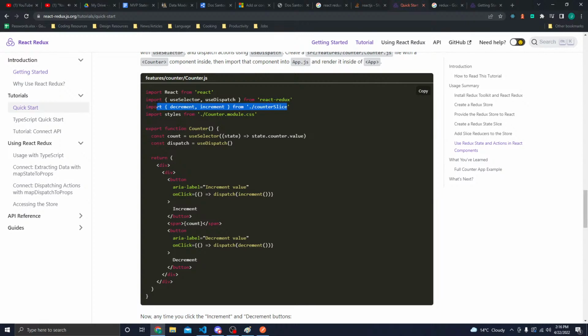Let's see, counter slice. We're importing it here, and we can use dispatch increment or dispatch decrement. And where's dispatch being defined? Dispatch is useDispatch, okay. So dispatch is going to allow us to use our actions, and useSelector is going to be to